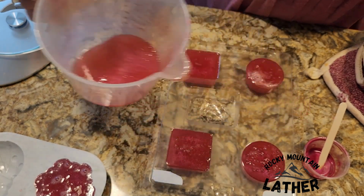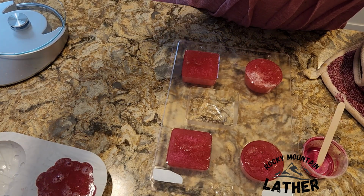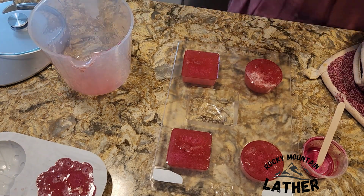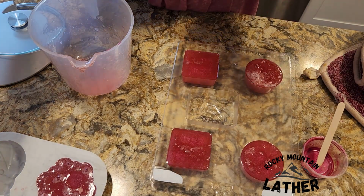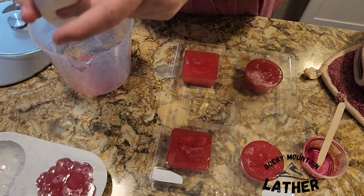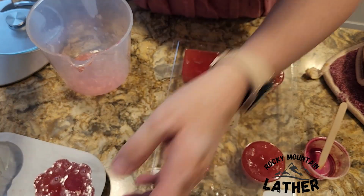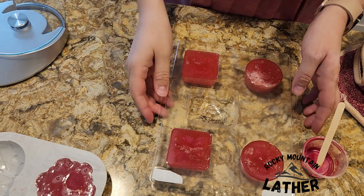Okay, so I'm just going to pour a little bit into the ladybug molds. Oh, and I over poured. Okay, great. Well, that didn't exactly go as planned, but okay. That's all right. Okay, and then the rest of this,